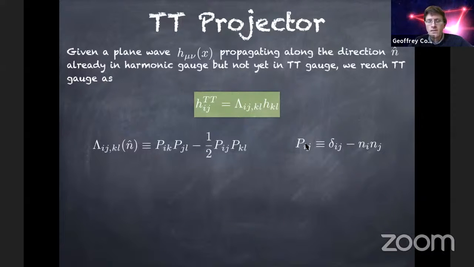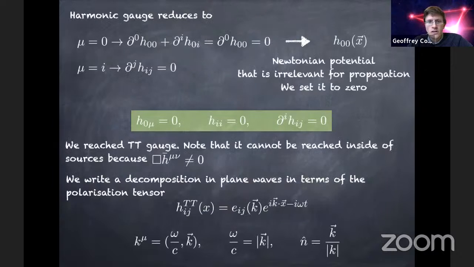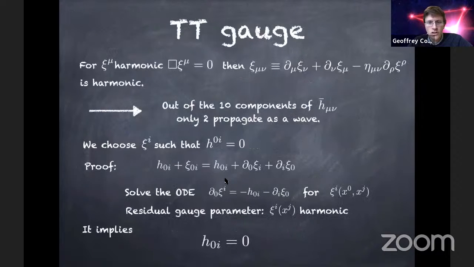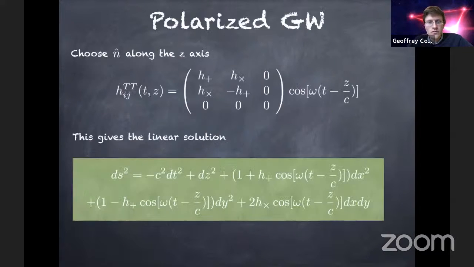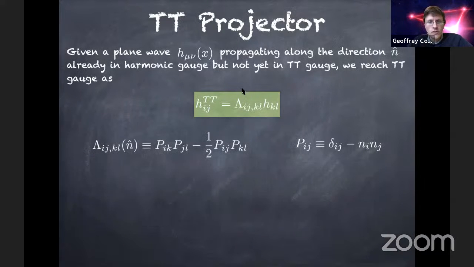Okay. So a convenient tool is called a TT projector, because the manipulation we did here requires solving differential equations to reach this gauge. And it's a bit complicated to solve these differential equations here. You don't want to do that every time you look at a gravitational wave. So a better tool is this